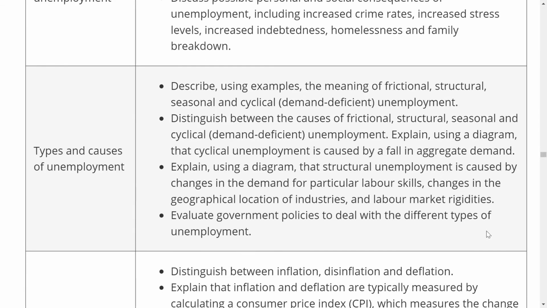Now, furthermore, types and causes of unemployment. There are 3 types of unemployment: structural, frictional, and cyclical unemployment. Now, structural unemployment is when there are problems in the structure of the economy, and perhaps workers are laid off because their skill sets and their abilities do not match up with what is required for their field. For example,